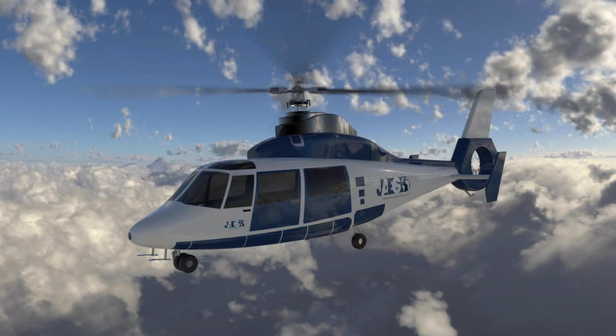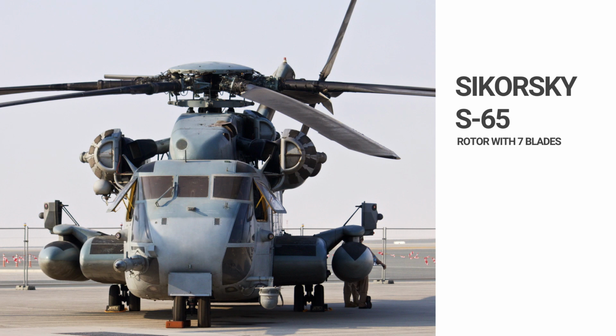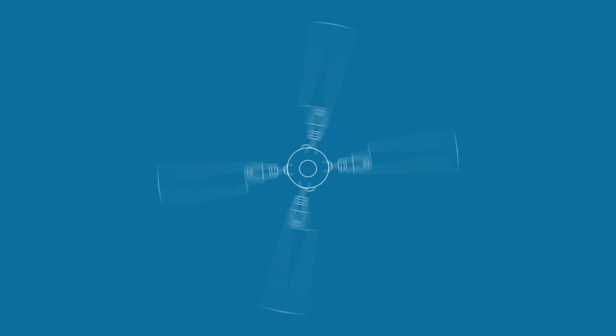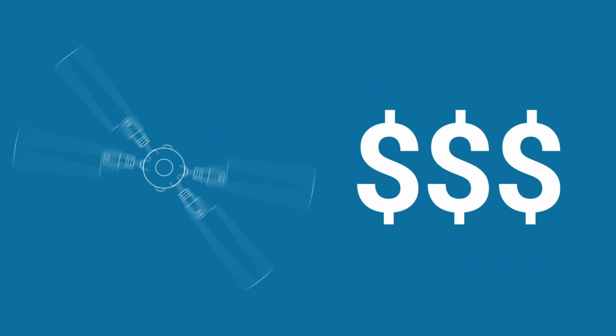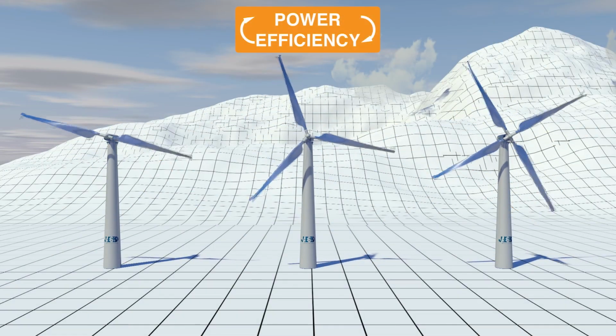The number of blades of the main rotor can vary according to the size and weight of the helicopter. What is certain is that a helicopter can have a minimum of 2 up to a maximum of 7 blades. As in the case of the Sikorsky S-65, one of the largest, heaviest transport helicopters in the Western world. A rotor with many blades requires a larger and powerful engine. Greater size means higher costs. Like in the case of wind turbines, a helicopter with many blades will be more powerful but less efficient than